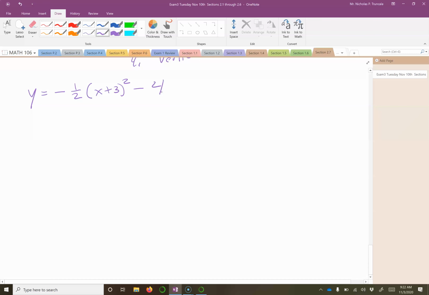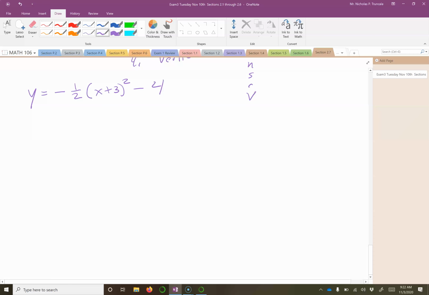So this one has all 4. So let's identify them. Well, the -4 at the end, that's a vertical shift downward. The plus 3, that's a horizontal shift in the negative direction. The 1/2 is a stretch. And then that negative sign is a reflection. Okay? So remember,